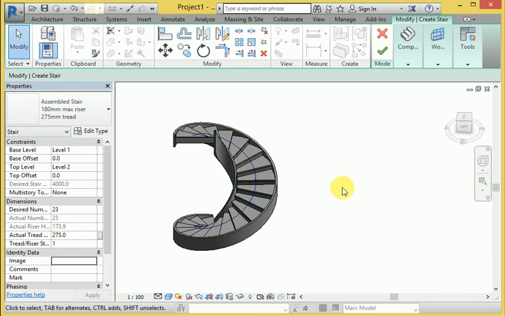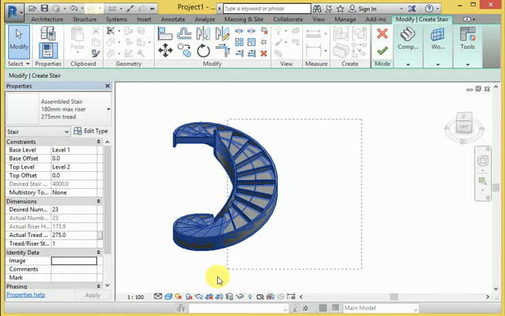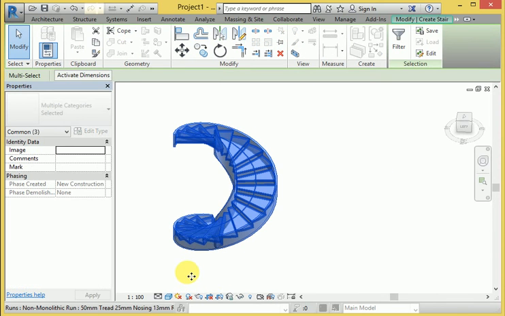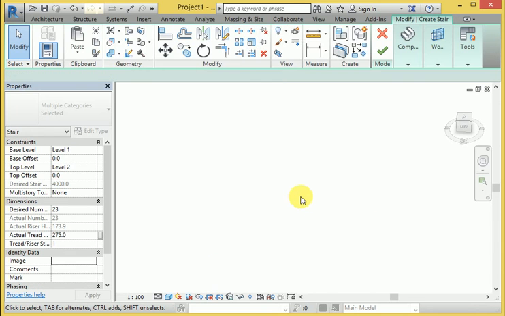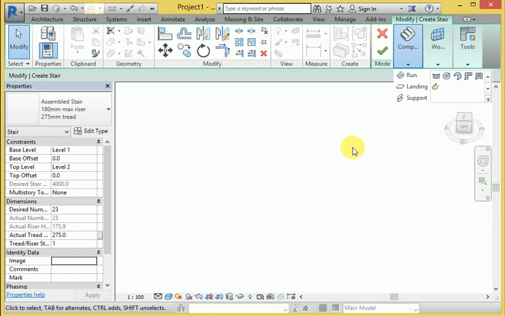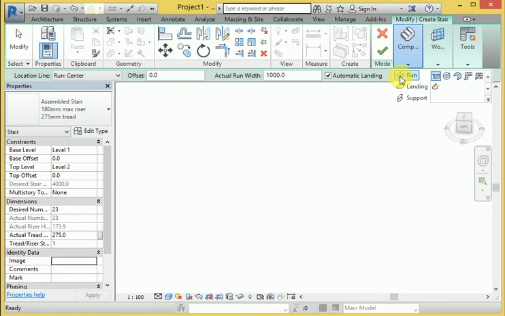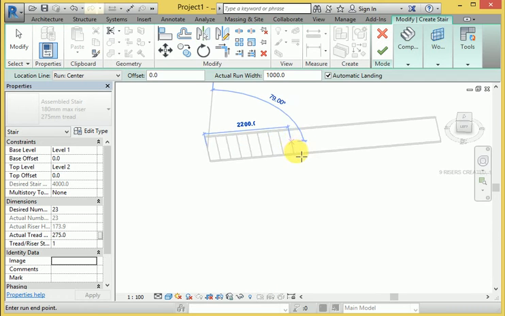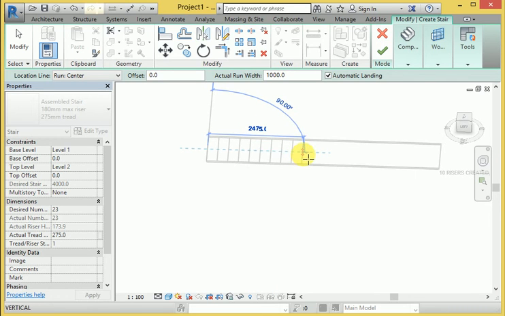Look at this. So there are many different types of spiral when used from stair. Now use from run type spiral.